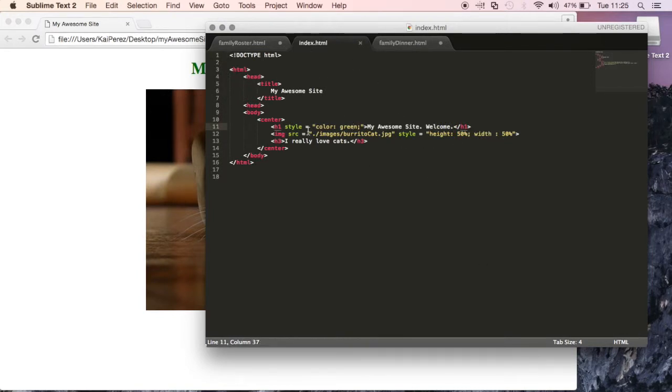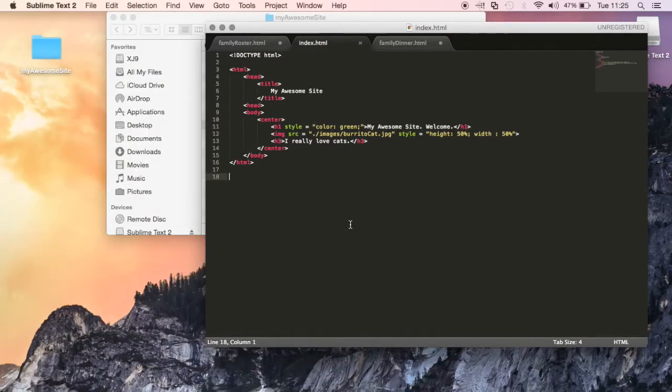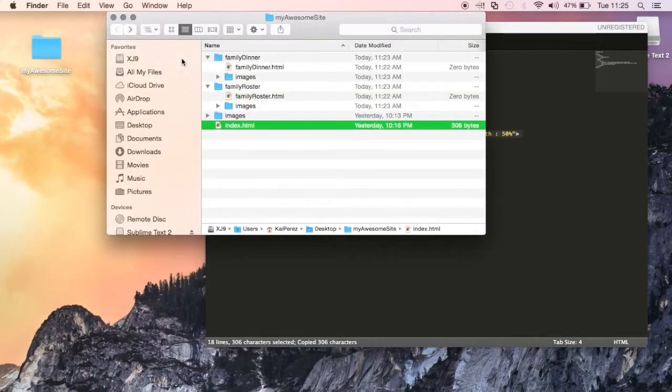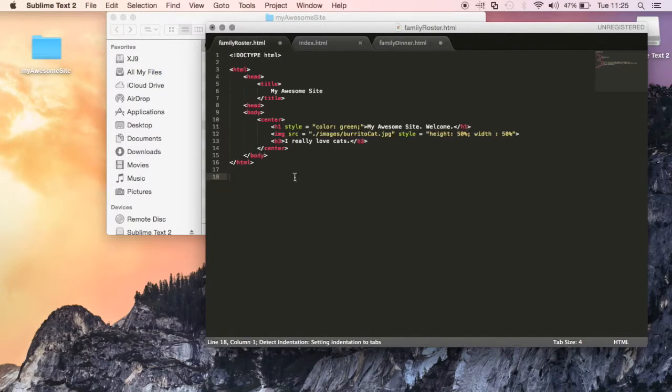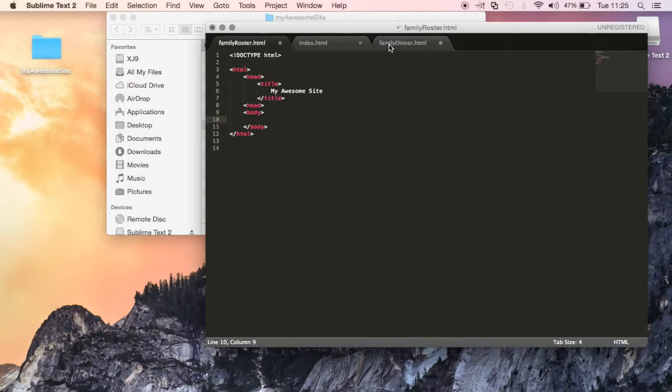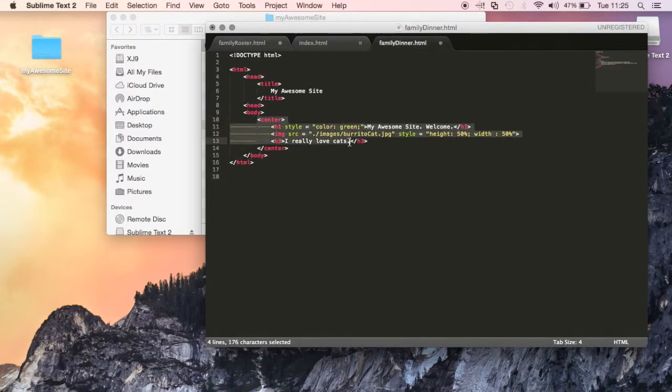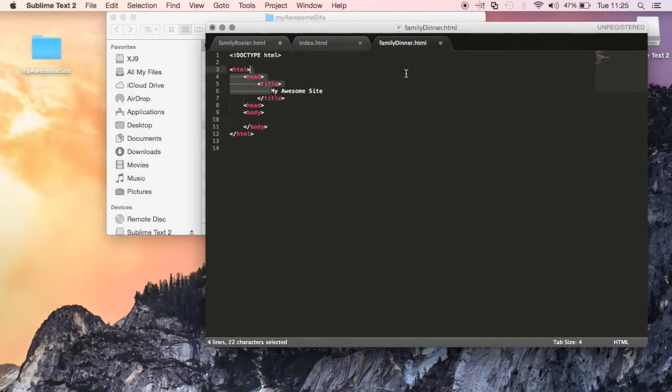Okay, and I'm going to just copy everything that's in here, and I'm going to paste it in these new pages that we made. And I'm going to take everything out of the body, as well as this new one. I'm going to take out the title,